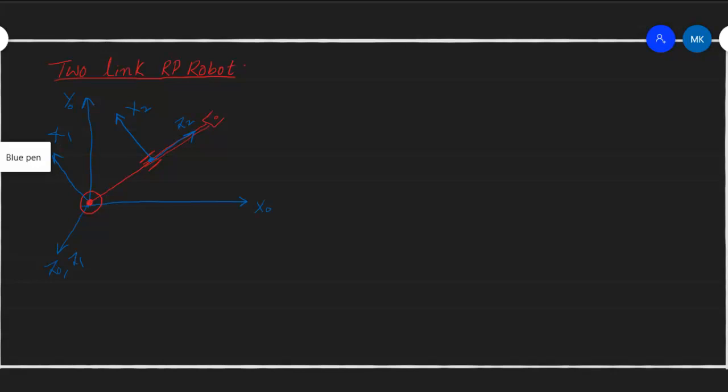All right, so we are not much concerned about the direction of the y's here because it doesn't really matter in the DH parameters or in the DH frames. We are more concerned about the x's and z's. So we have got x2 and z2 and x1 and z1. Now if we look at the DH parameters for this link, we have the DH parameters being theta, alpha, d and a. Now for link number 1 and link number 2.